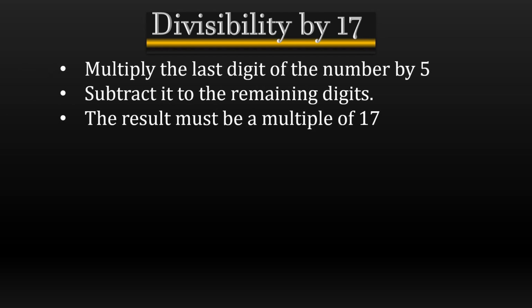Divisibility by 17. Given the number, multiply the last digit of the number by 5, subtract it from the remaining digits, and if the result is a multiple of 17, then we can say that the number given is divisible by 17. Consider the example 9,112. Here the last digit is 2. Multiplying 2 by 5, we get 10. We have to subtract it from the remaining digits. That is 911 minus 10, we will get